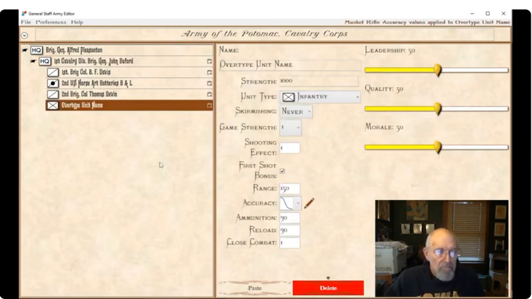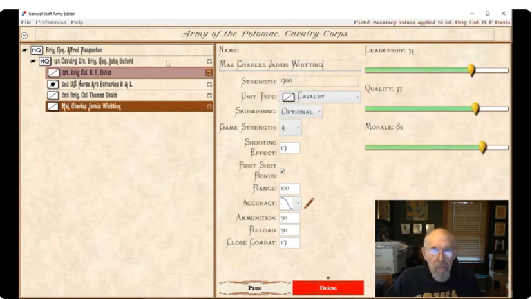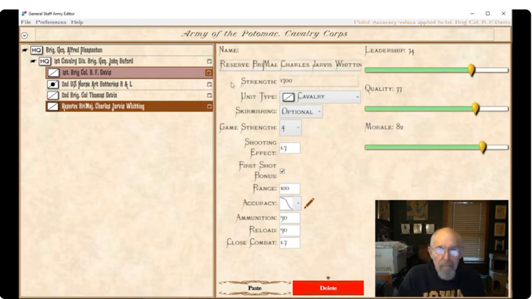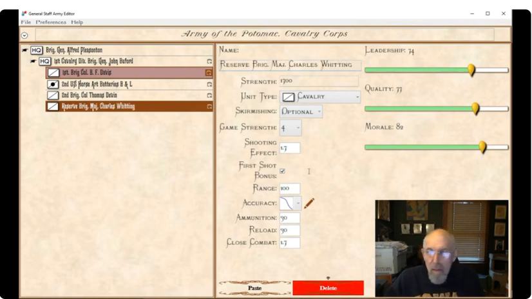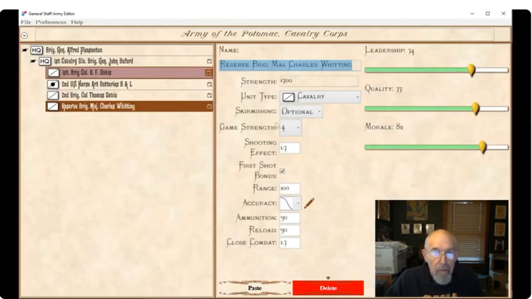And yeah, we'll just copy and paste that too. Click there, paste it in. And what do we have for strength for him? 1935.